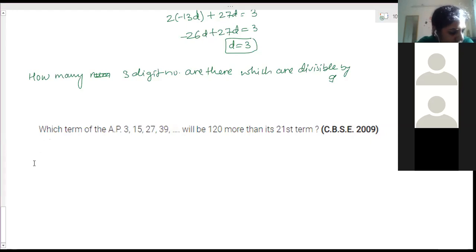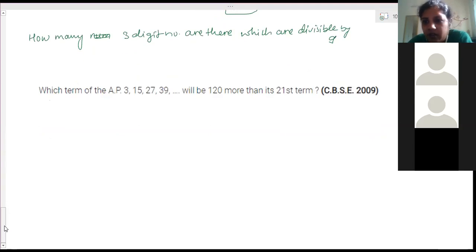Now the next question is finding the middle term. How to find out the middle term? They will be giving you the AP, the last term is given, and you have to find out the middle term. So how to find the middlemost term? It is not always a single middle term. More than one middle term is possible when the total number of terms is even, then you will get two middle numbers. So how to find those middle numbers?